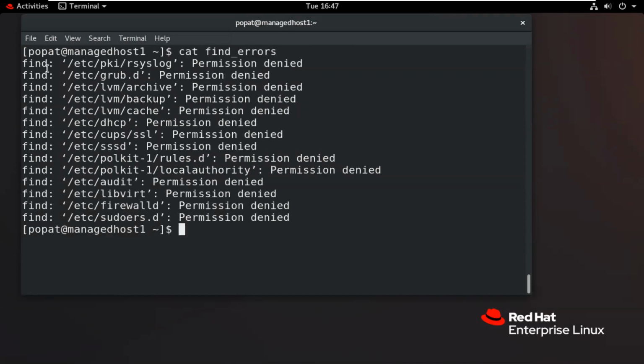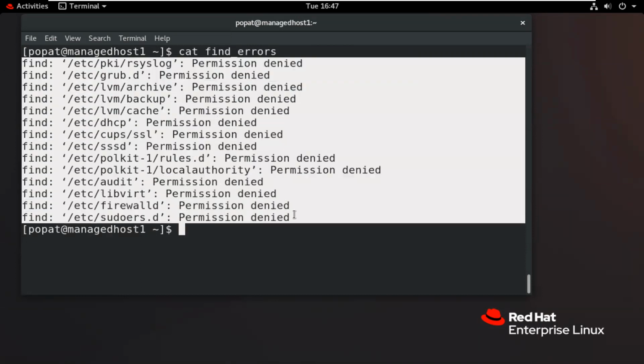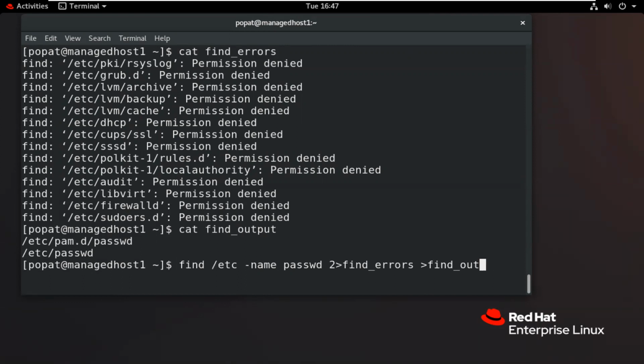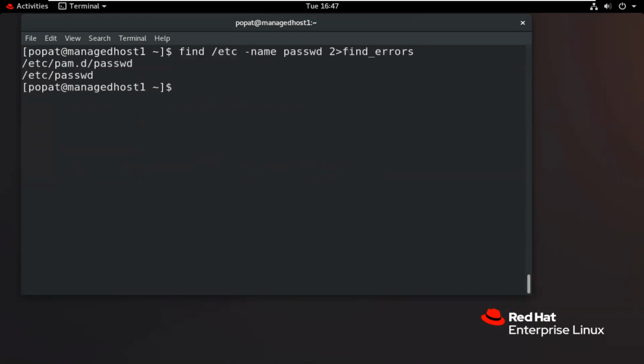It will show me all the errors that will be printed in this particular file. And we want to check all the output that is saved in this particular file. So this is the process. If I want to show the output on the terminal, we can use this one.